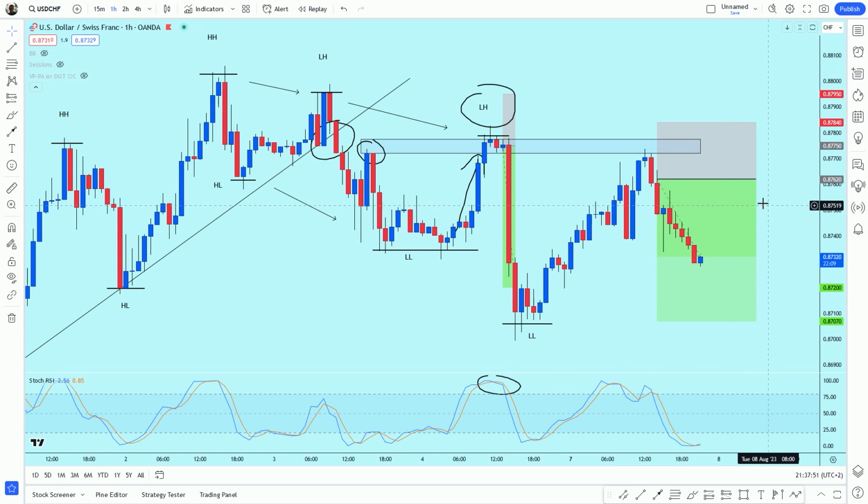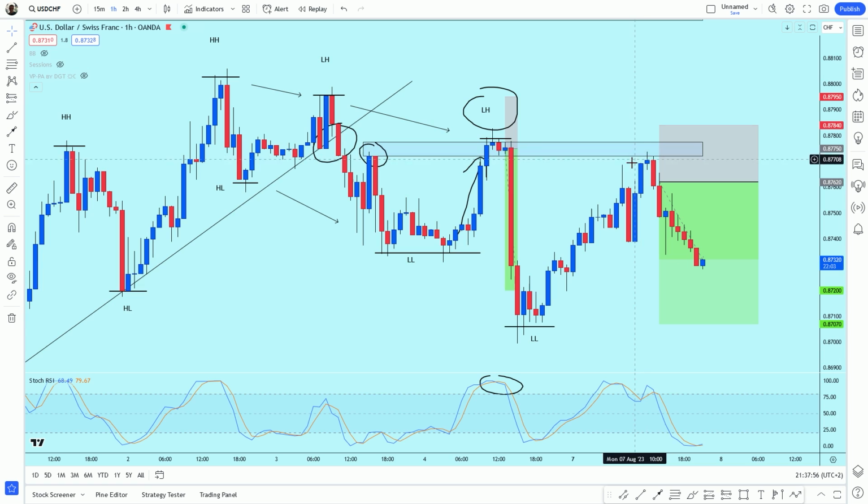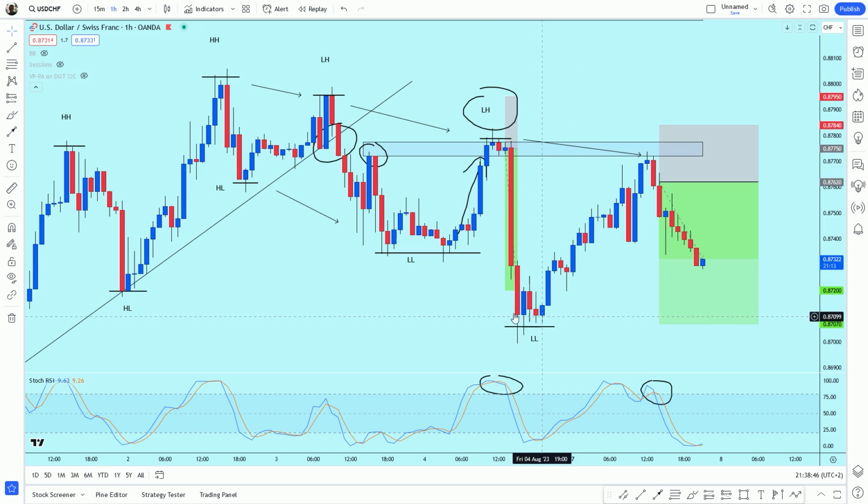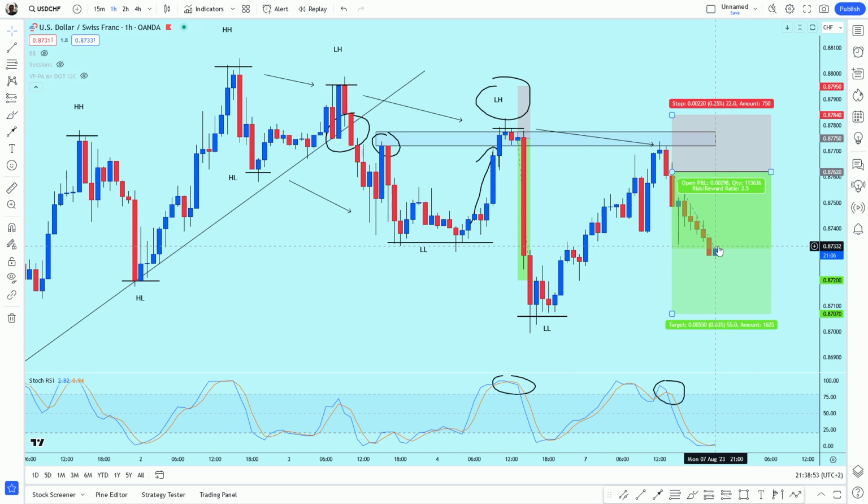As you can see, I have another trade running here. I decided to enter here after this massive bearish engulfing candlestick pattern, and basically also after this another lower high formation. If you look here, you can see that the indicator is also giving us a reason to sell. So I decided to enter here, put stop loss above this zone, but this time I decided to aim for this lower low here. I don't know if price will go down and reach my take profit, but anyway